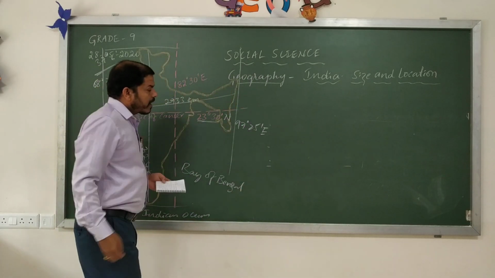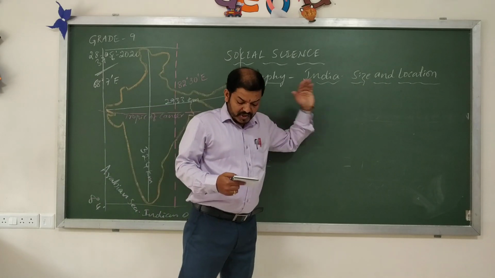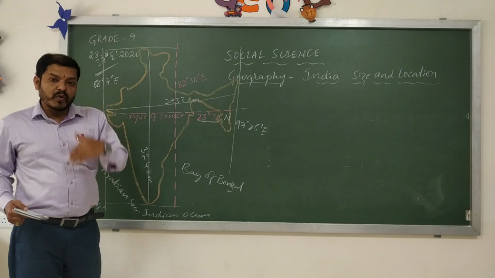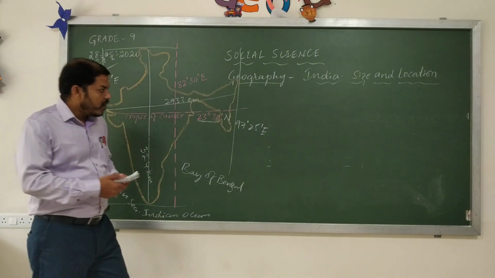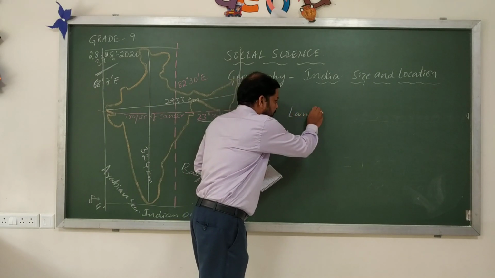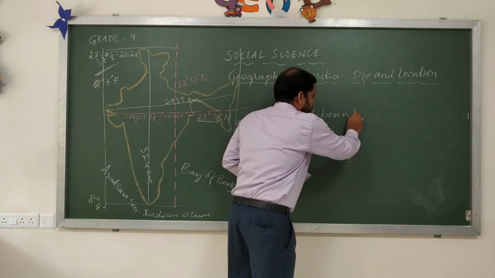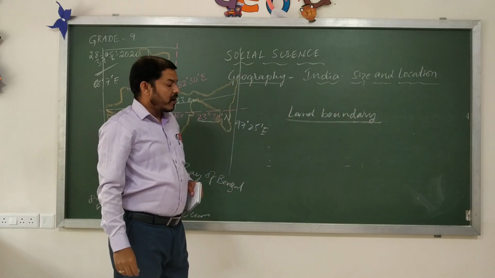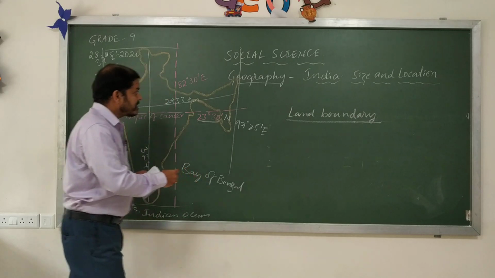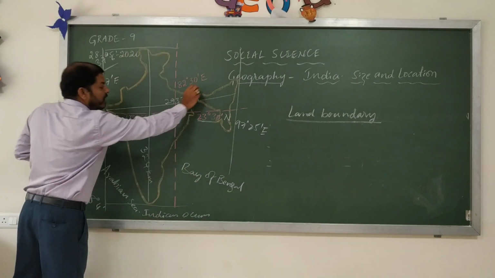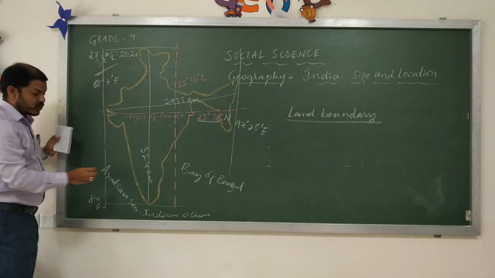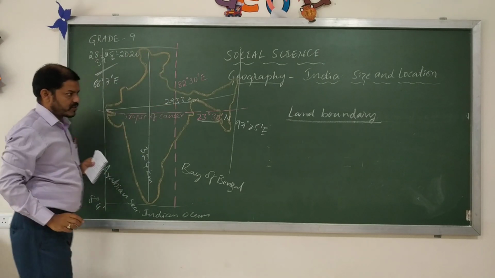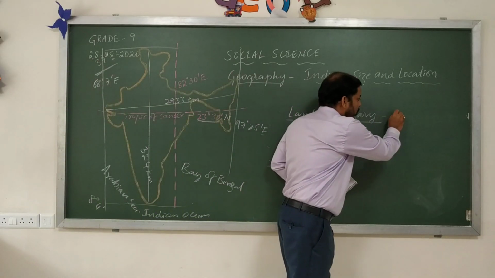Next, I already told you about India's size and location, and now we have to study the land boundary and the total coastline length. Now move on to the land boundary of the country. As the seventh largest country according to its total area, we must understand the total land boundary of the country. It is not the total area, it is the boundary. The total land boundary we have